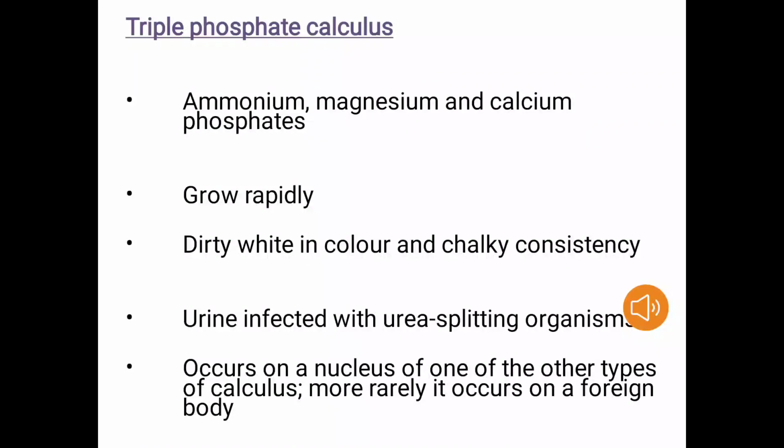These organisms produce urease that acts on urea to produce ammonia, bicarbonate and carbonate ions. Two conditions must coexist for the formation of triple phosphate stones. Number one, alkaline urine, and number two, presence of ammonia in the urine. This leads